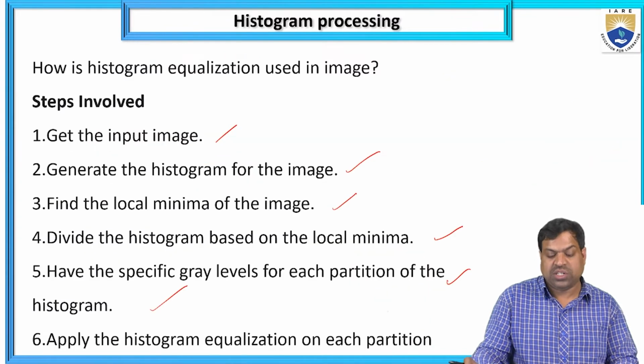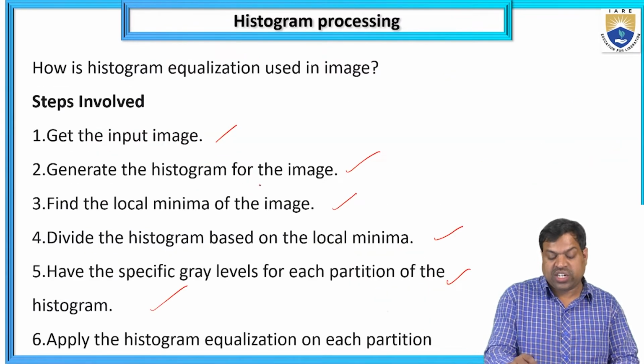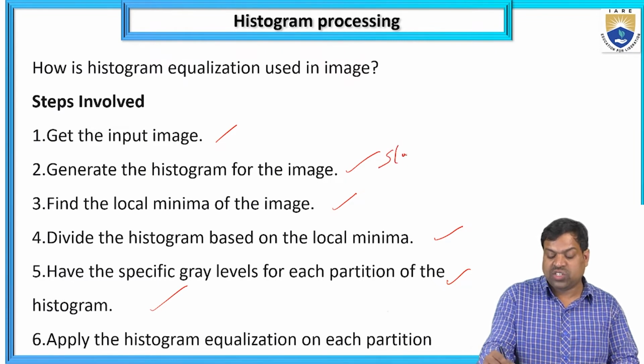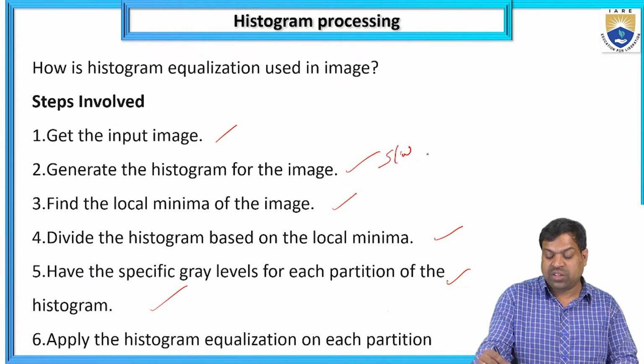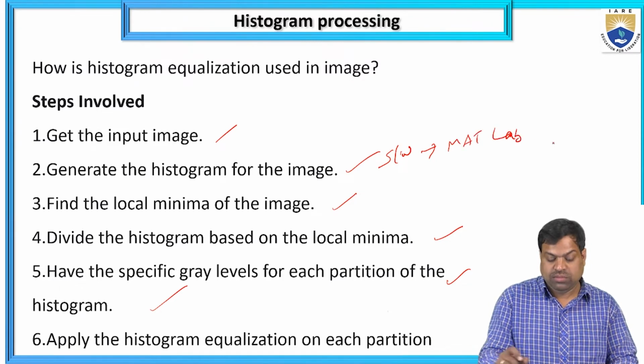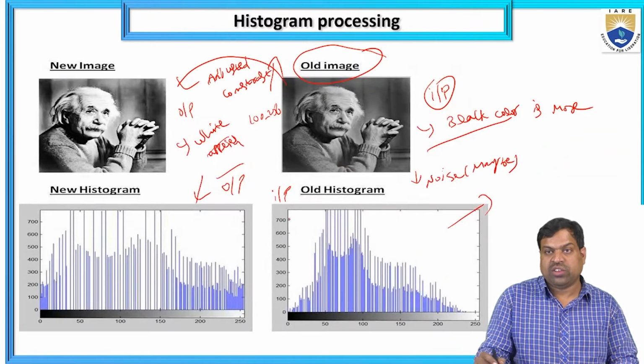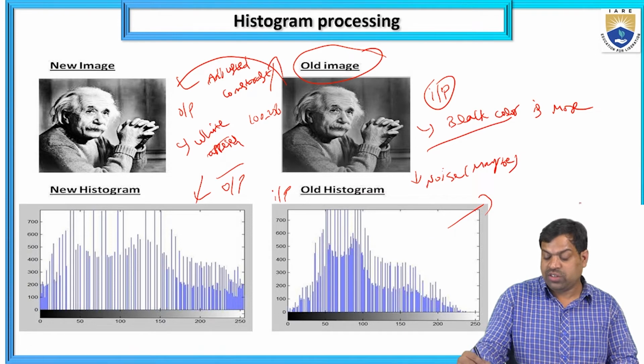So this input image, what is the second step? Generate the histogram for the image. I am applying some histogram process software, maybe we are using MATLAB. Maximum we are using MATLAB. Okay, find the local minimum of the image. So what is the local minimum of the image? We have to find it,